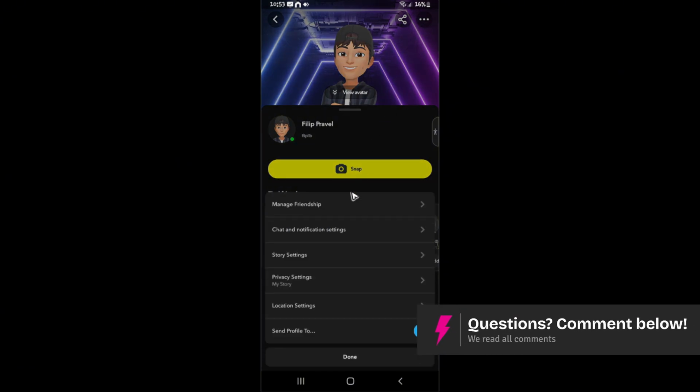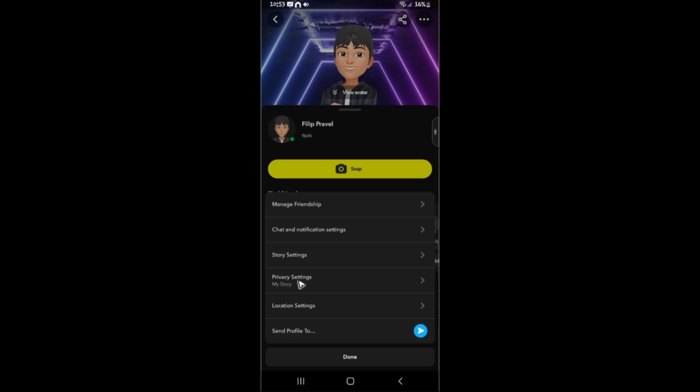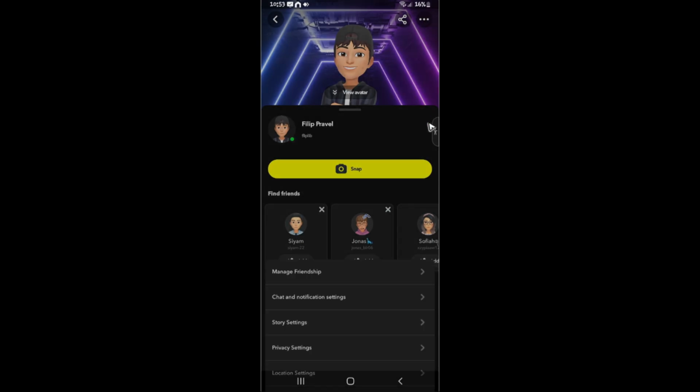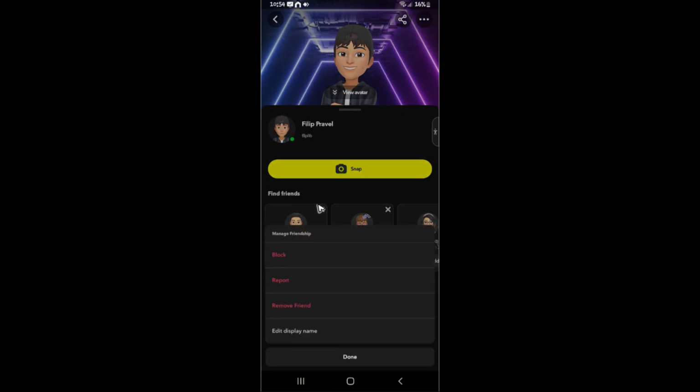Let's say, for example, click on the three dots again and go to My Story. Untick this one so the person won't be able to view any of your stories or get notified. Or if you wanted to unfriend them or block them so you won't be able to hear from them again, go over to the three dots again, tap on Manage Friendship, and here you can either remove friend